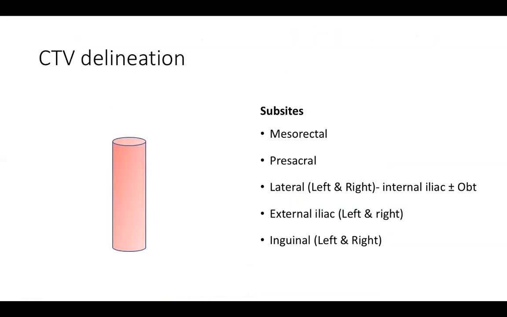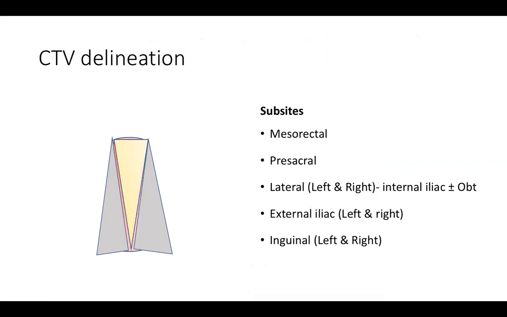If we try to understand how this entire thing envelops the rectum, then the best way is a diagrammatic, and here is where I was remembering Dr. Kanu. So if we consider that this is the rectum along with its mesorectal sheath, then on both sides of the pelvic side wall there will be the iliac, the internal iliac regions. Behind it would be the presacral region. Anterior to the internal iliacs will come the external iliacs on both sides, and anterior, beyond where the external iliac leaves the pelvic cavity, would be the inguinal regions.